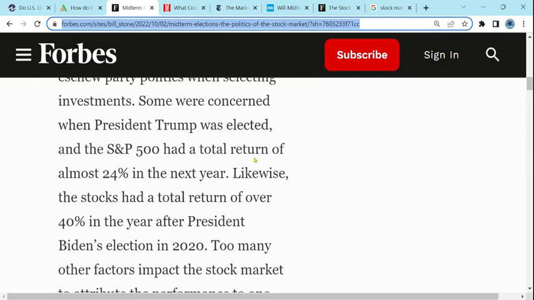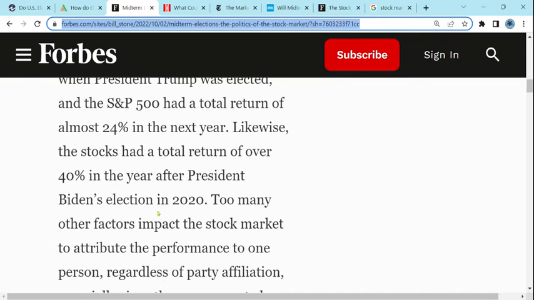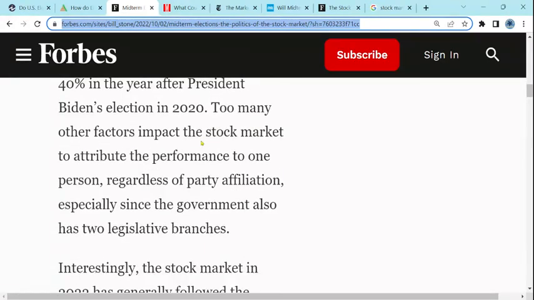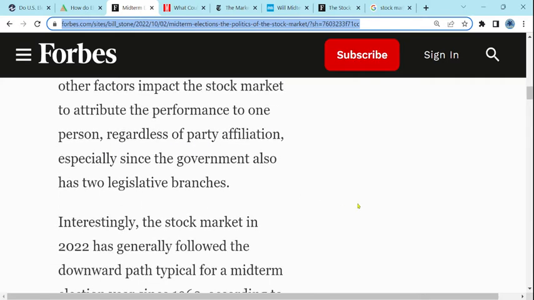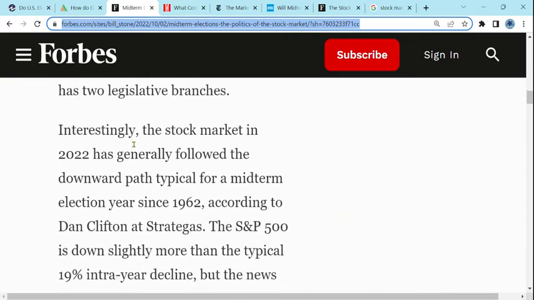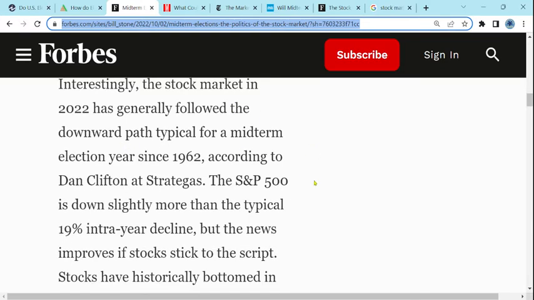So you can see they point out that the S&P had a total return of 24% after Trump was elected. Likewise, stocks had a total return of over 40% in the year after President Biden was elected in 2020. And they point out there are too many other factors that impact the stock market to attribute the performance to one person, regardless of party affiliation, especially since the government also has two legislative branches. They point out in 2022, the stock market was trending down,